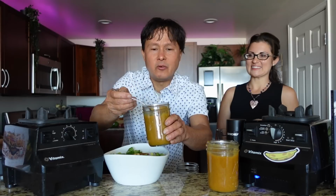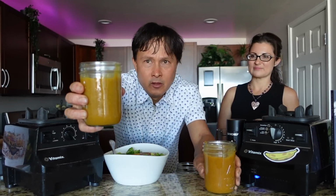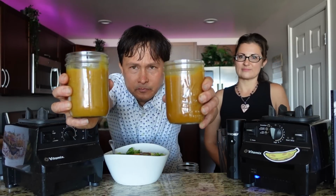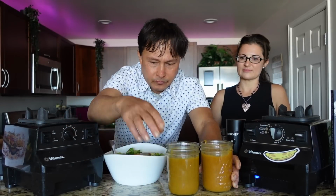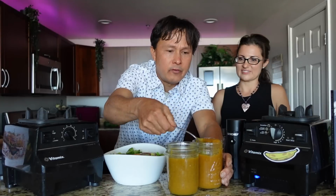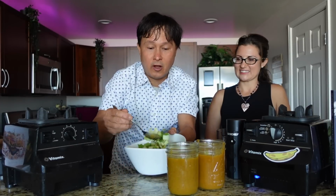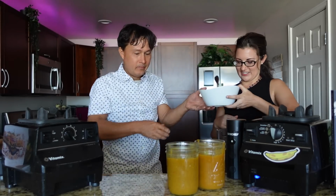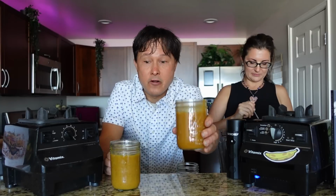But even the consistency when I'm scooping these out seems to be a little bit different, and also I want to show you guys up close, you can see the color difference, right? This one's a lot deeper, richer color, and this one's looking more oxidized there. I think we need to get one more scoop off of this. And then we're just gonna mix and toss this salad. Sure, yeah. Now while she's doing that, I wanna show you guys how you could store your mixture under vacuum,